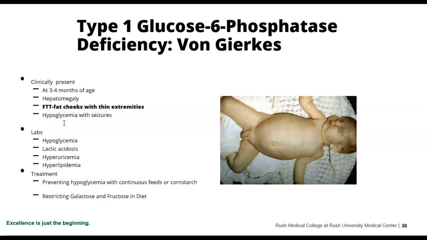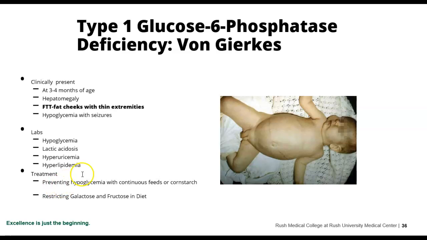The reason they're hypoglycemic is they can't mobilize their glycogen for sugar when they need it. So we have hypoglycemia, lactic acidosis, elevated hyperuricemia or uric acid, hyperlipidemia, because they're trying to mobilize anything that they